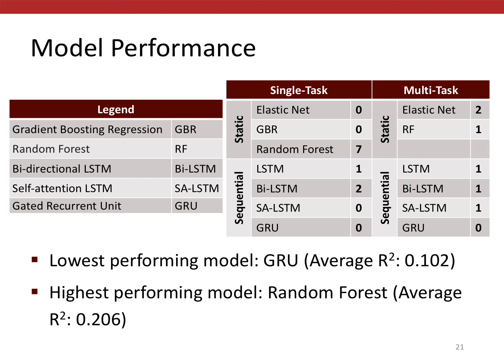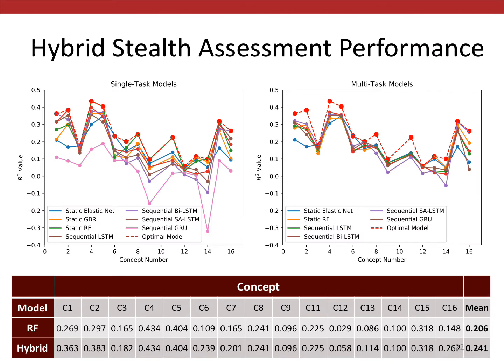The multitask models were the most effective approach for 5 of the 15 concepts, while the single-task models were the most effective for the other 10 concepts. The performance of each of the models varied depending on the concept number for the most part. In other words, the concepts that had a high R-squared score for one model also had a high R-squared score for most of the other models. This could be because how well a gameplay feature predicts a concept can depend on the type of concept. In other words, some concepts are harder to model irrespective of the modeling approach used.